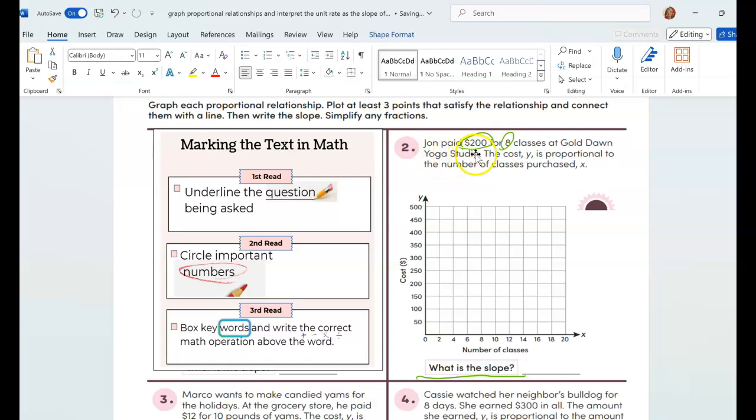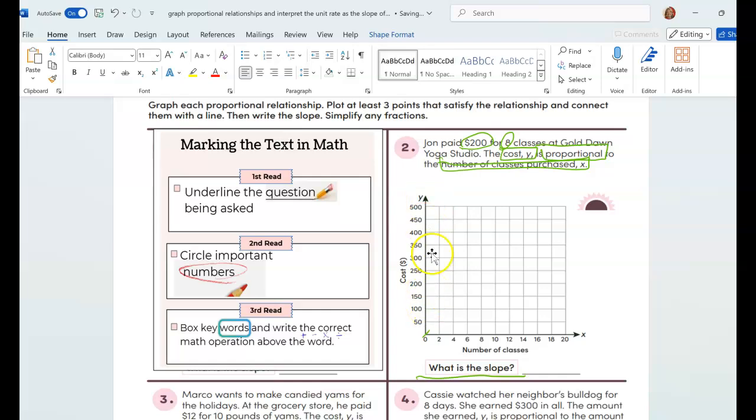John paid $200 for 8 classes at Gold Dawn Yoga Studio. The cost Y is proportional to the number of classes purchased, X. So proportional means that the line goes through the point of origin. And cost, that's going to be boxed off, Y. And number of classes purchased, that's going to be boxed off with X, because number of classes purchased is X